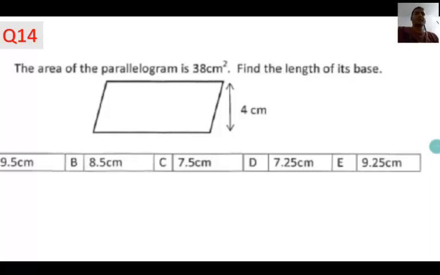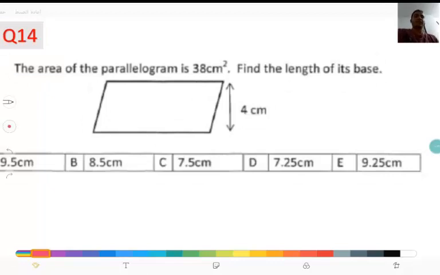The area of the parallelogram is 38 centimeters squared. Find the length of its base. So he gave you a parallelogram and its area, and he wants you to find the base of this parallelogram. When we talk about the area of any parallelogram, remember that you should divide